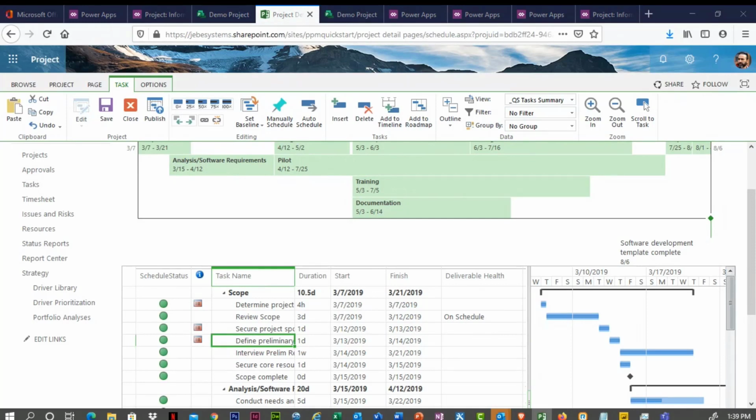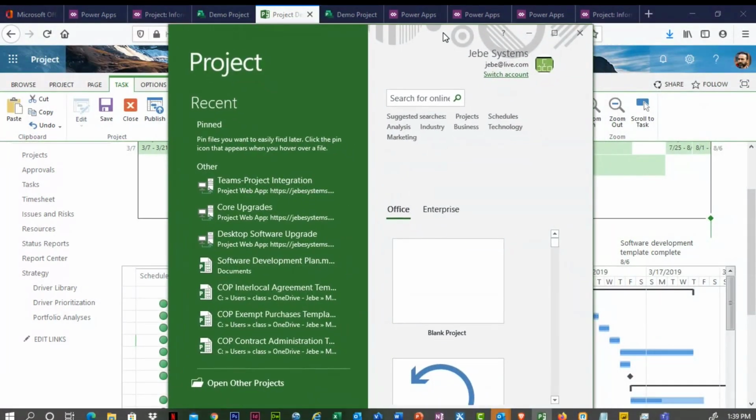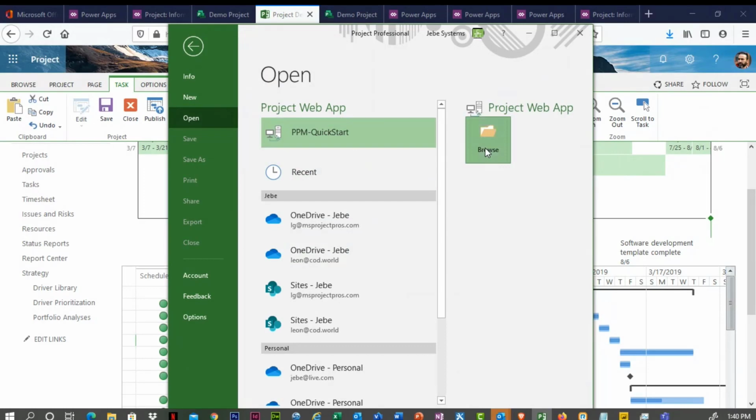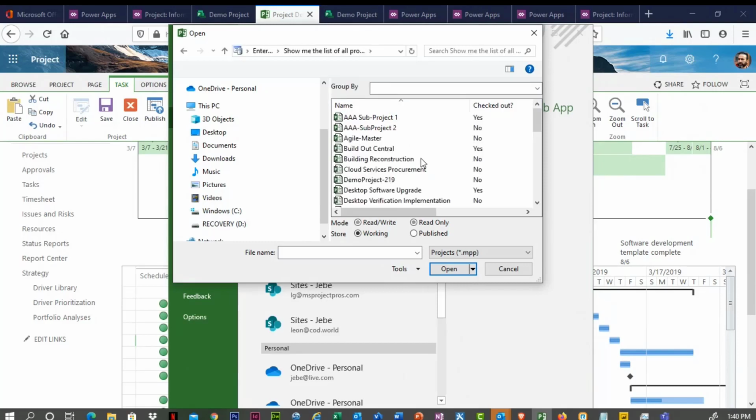So as I log in here to Project Professional, I'm able to take advantage of the desktop application. So the desktop application is going to allow me to open up those projects that are stored out in Project Online, right, and